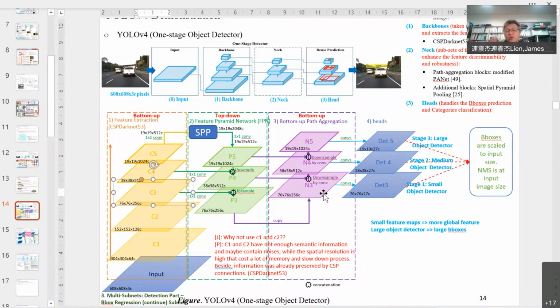Okay, so I don't want to lose the information. But also they can get the more semantic information from here. So they feel that for the head, this information is better than this information, because this information has the global information here. Also, they have detailed information from the original C2.